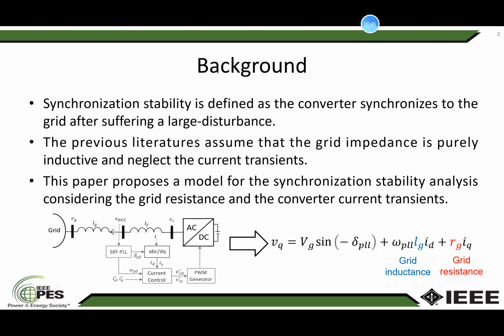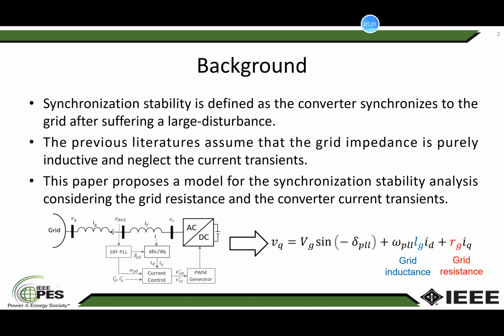As you can see in the figure, if the grid impedance is non-negligible, the point of common coupling voltage will not be stiff anymore and couples to the converter current. When the Q-axis voltage at the PCC equals 0, as you can see in the equation, the synchronization is achieved. The previous literature proposes a second-order model to reflect the synchronization transient, but they assume that the grid impedance